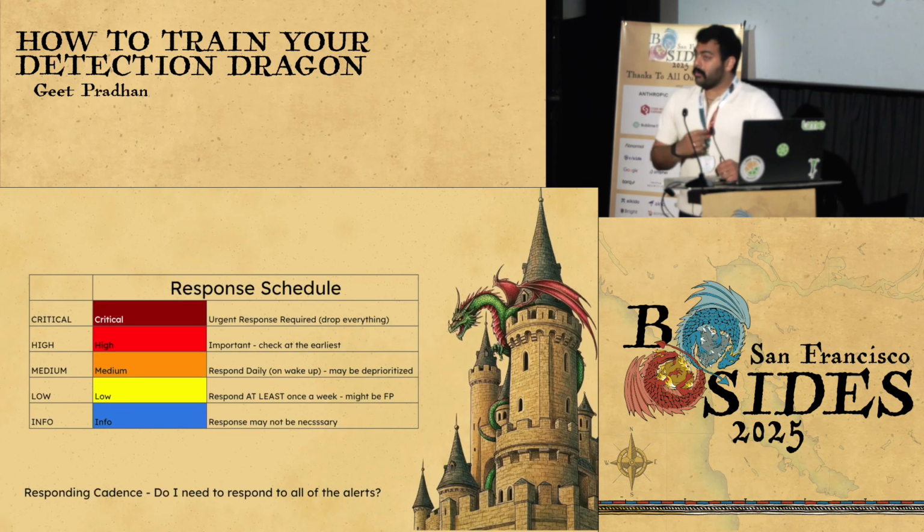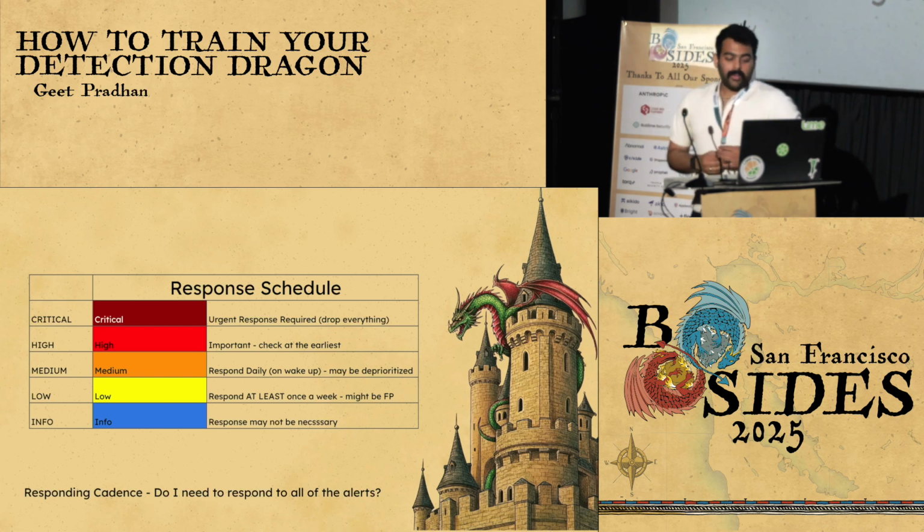If you remember the previous chart about notification schedules, you also need a response schedule, right? Now, if it's a critical alert, you need to drop everything, right? If it's an informational, honestly, response may not be necessary, but it really depends on how you classify informational, high, medium, low, etc. What we do is, hey, if it's a high, you're tagged already, but you don't have to drop everything and look at it, but you need to look at it straight away.